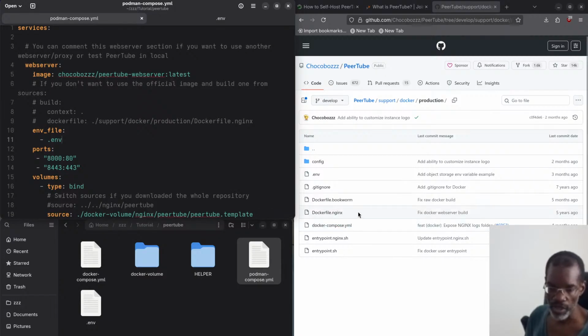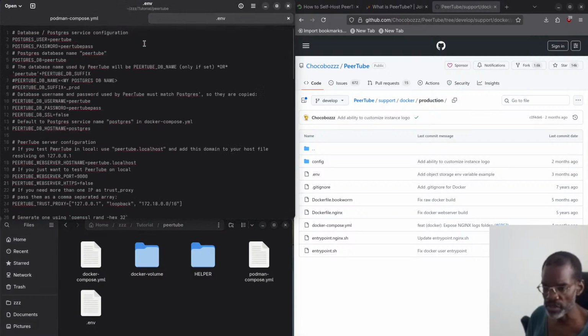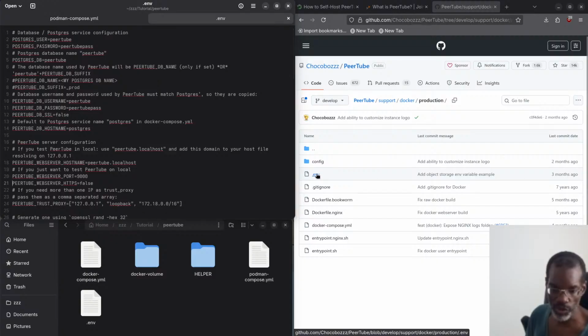So, I think I didn't change anything in the environment file. Let me double check. I think it's exactly the same. I don't think I changed anything. Oh yeah, there's a thing. As of time of this recording in 2025, I had to make a change. Only change was up here, and I'll explain that to you in a second. So I'm going to compare to this